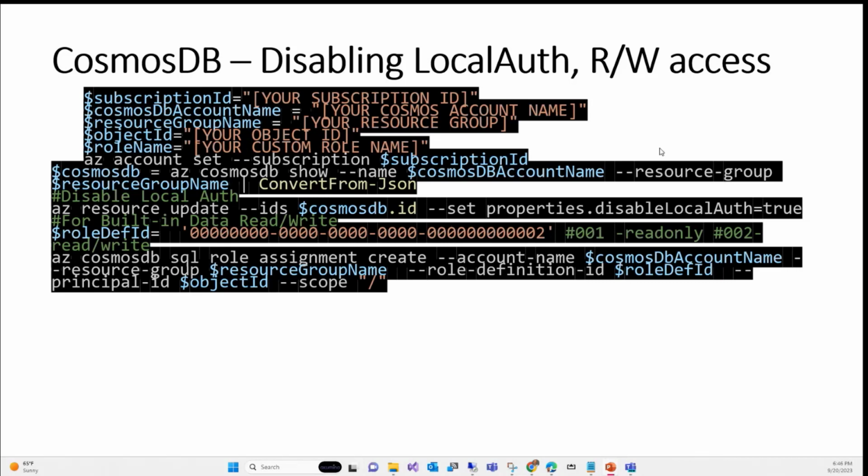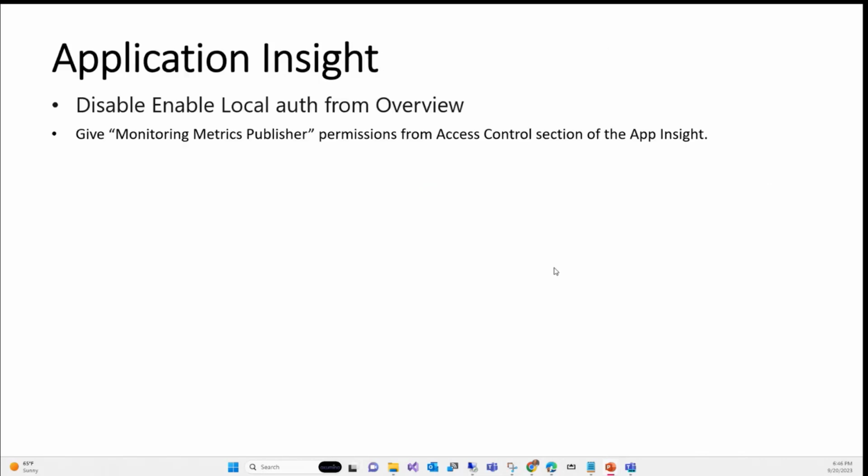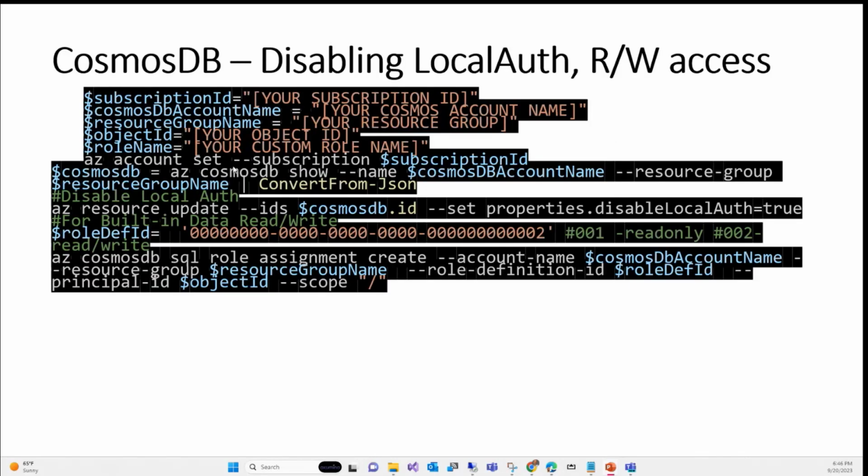So what I'm going to do, this is the concept to walk through. If you go to the next one here, you need to have certain roles applied, right, for RBAC. They have built-in roles called read only 001 and read write 002, and you can attach them to your object ID, which is the identity that I copied from the VM, or the managed identity.